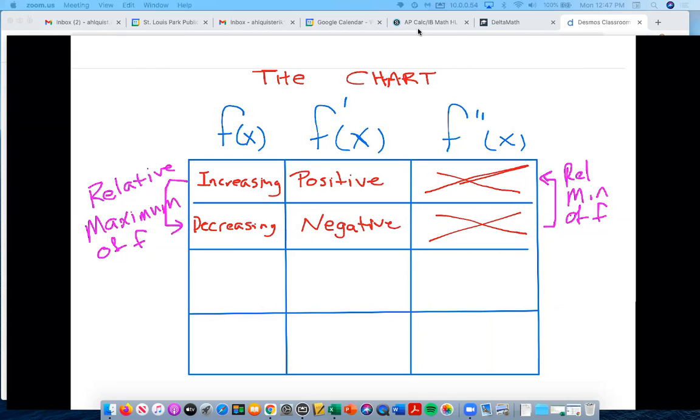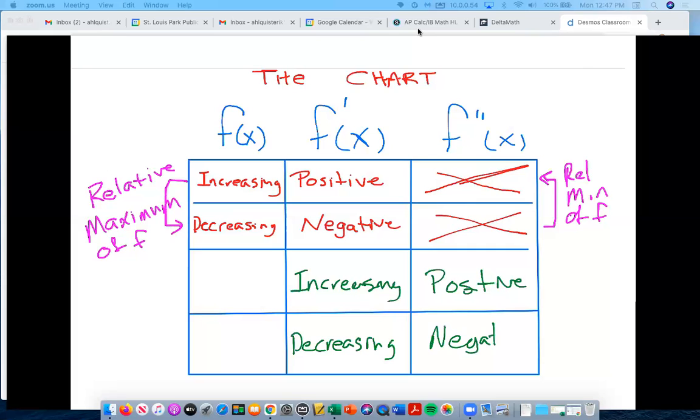We essentially could write the same things in here: increasing, positive; decreasing, negative in those. Now, you don't get to cross out this other part. This part we're going to fill in later. So don't cross these out. Just know that the part that I highlighted right there, we are going to fill in what that means later